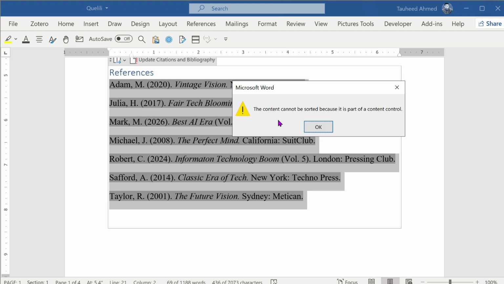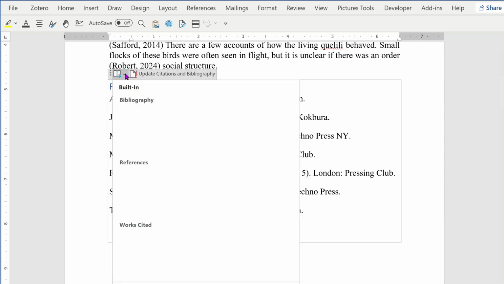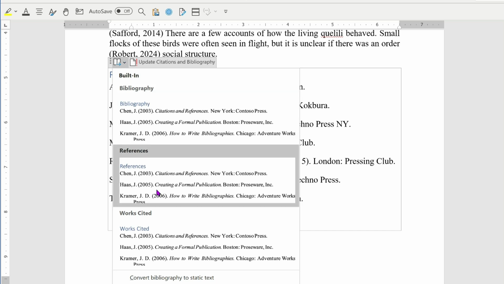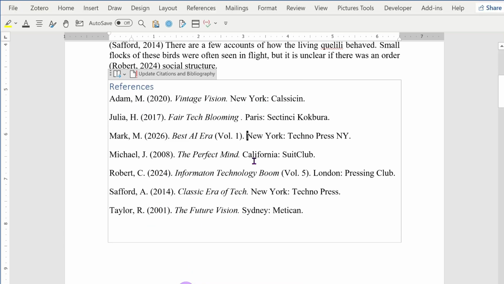So how can you remove this error? For this you need to click anywhere inside your reference block to select the container box, and then you need to click on the drop down arrow at the top left corner of the content control frame, and then click on Convert bibliography to static text. And now highlight your reference entries,